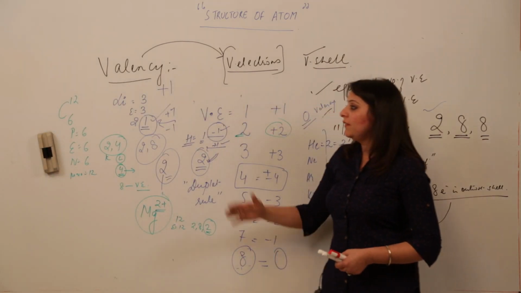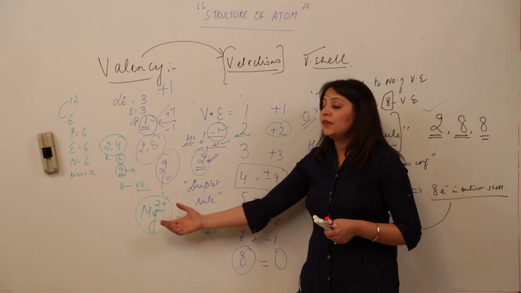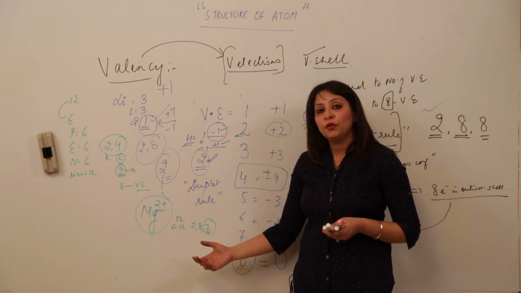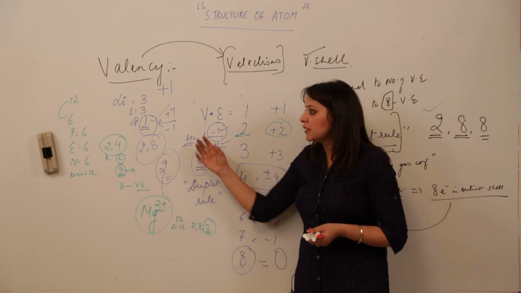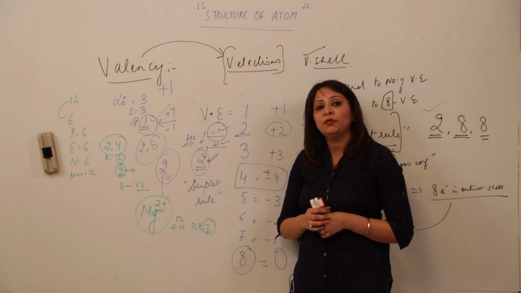This is how the valency is written, and it plays an important role, because if you do not know the valency, you are not going to be able to make the chemical formulas or the molecular formulas. You have to cram it. So the better way is to go into the depth, just know how they are coming, what the valencies are, so that you can easily make the chemical formula and